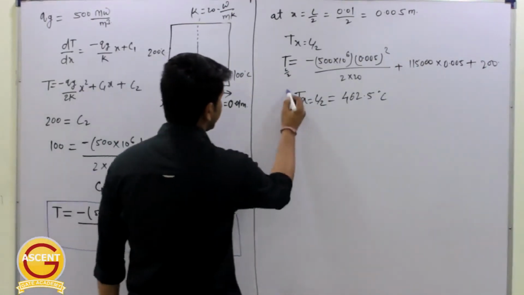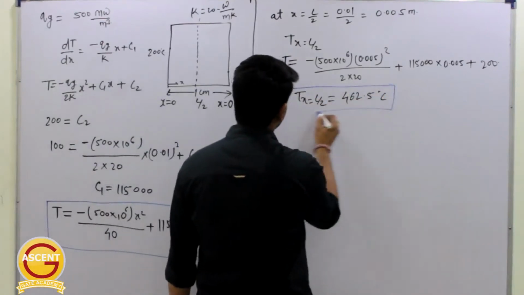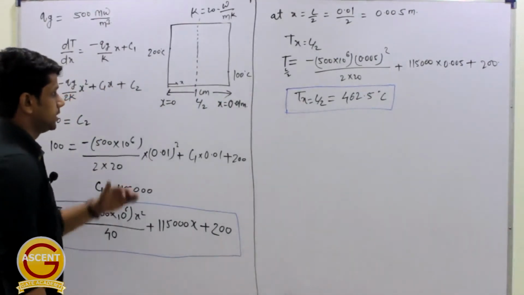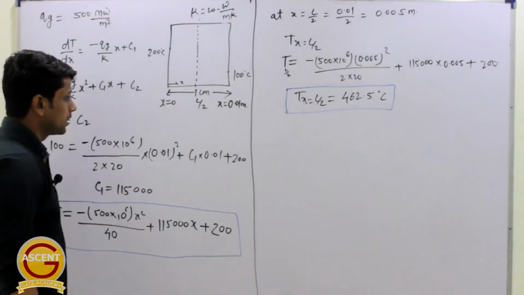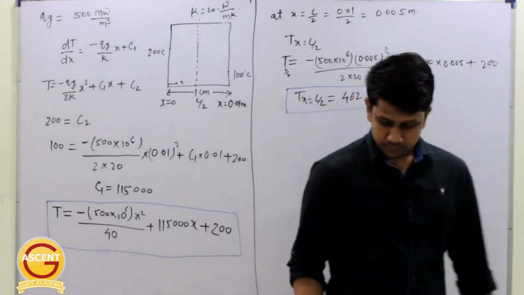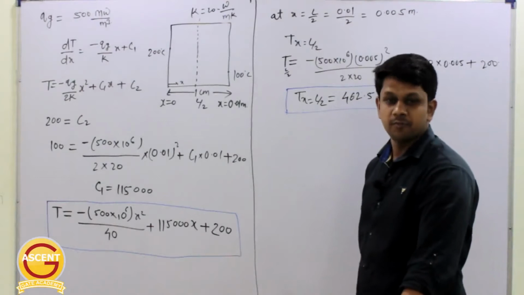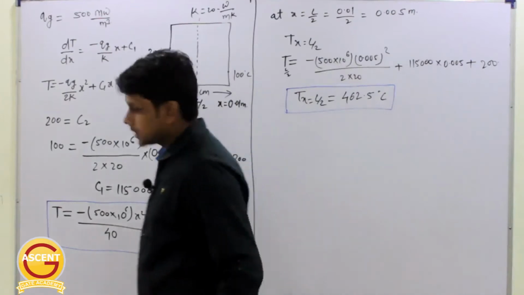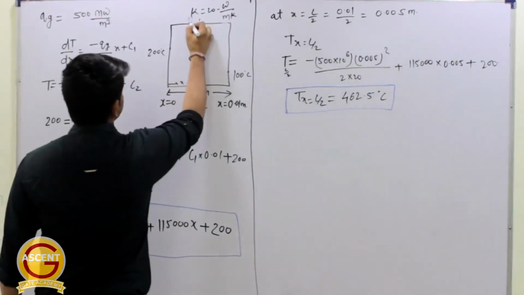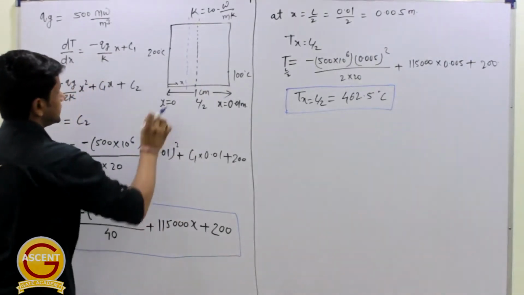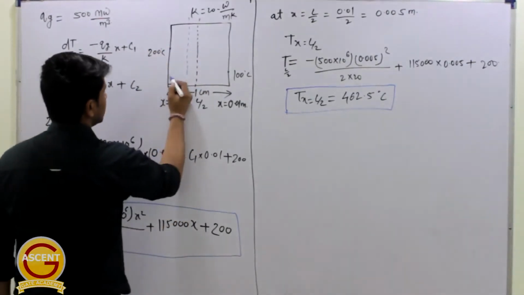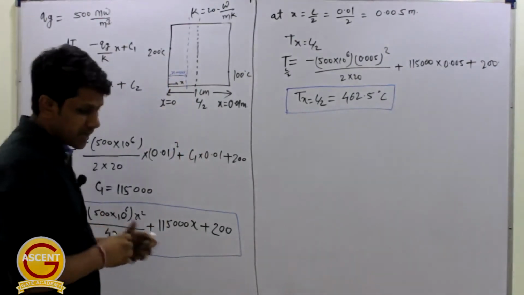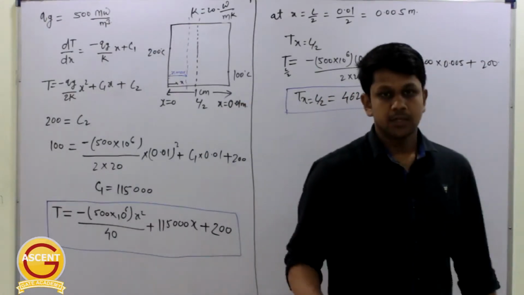So see how easy these kind of questions are once you have gone through all the procedure. Right? So just remember the procedure, and heat generation questions are really very easy. Second point, he is asking the position and the maximum value of temperature. So position means the x max value he is asking. So he is asking at what location the temperature will be maximum. Let's say this is the location of maximum temperature, then this is given by x max. Right? So he is asking this value of x max as well as the T max value.